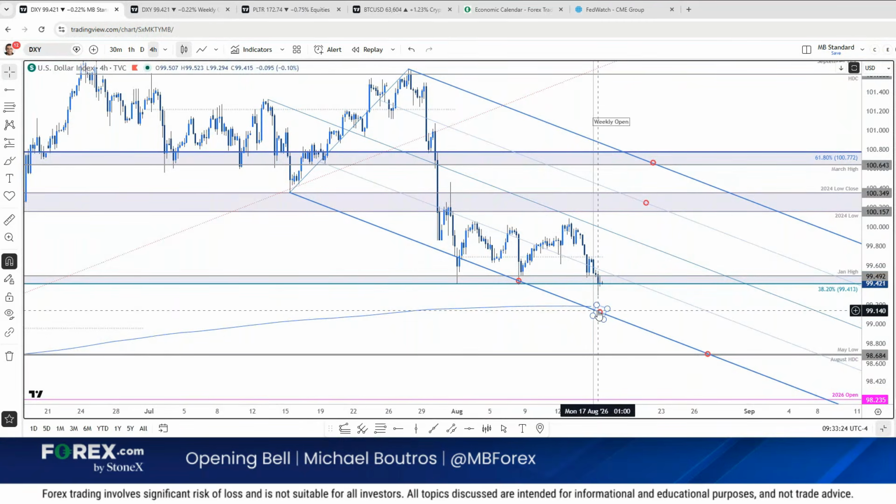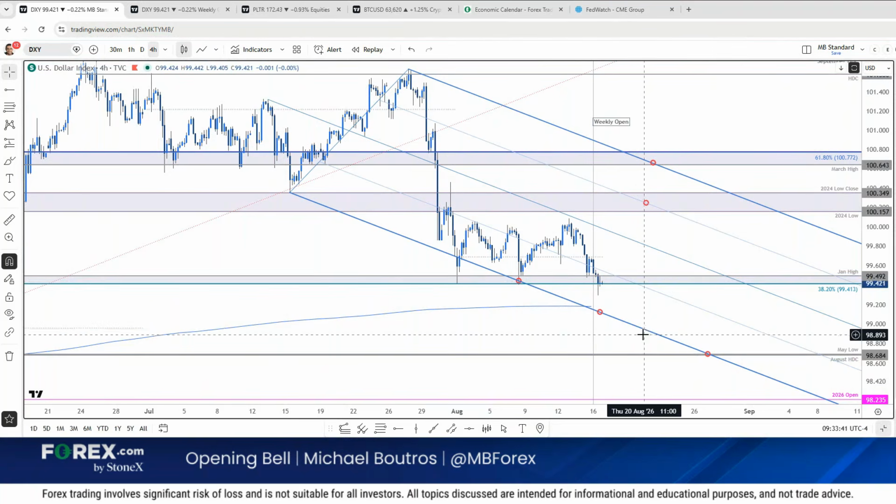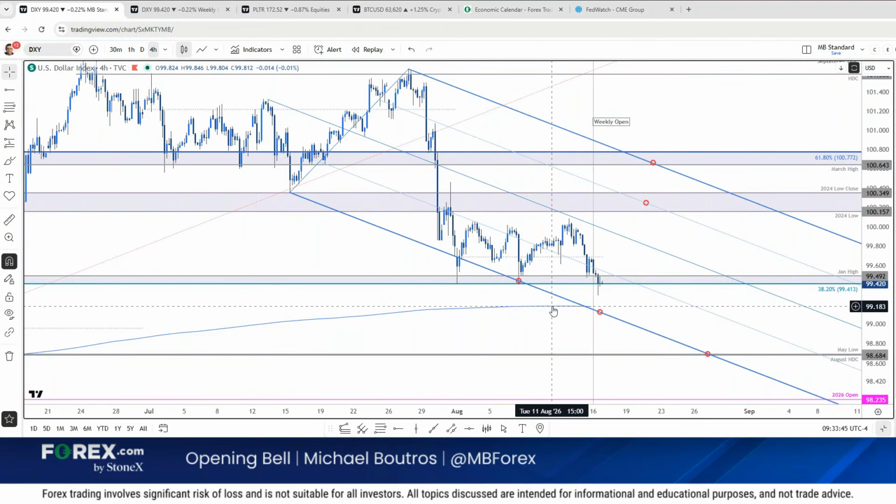So that's my concern with the DXY. A close below 99.41 would be a near-term continued bearish bias. This is also the objective monthly opening range low, so that would have us looking for a late month low, but just a little bit lower. Nothing supersedes basic support and resistance, and the 200-day moving average, the 52-week moving average, and 99.03. Both of those converge on the downslope. So be wary of that.